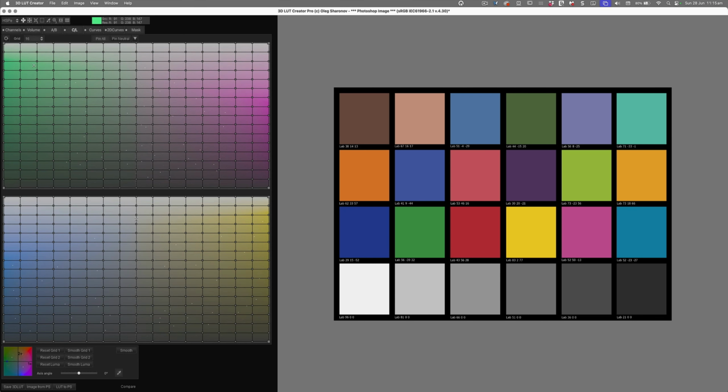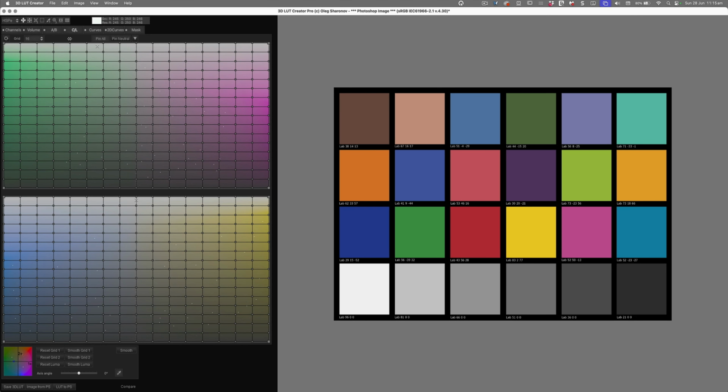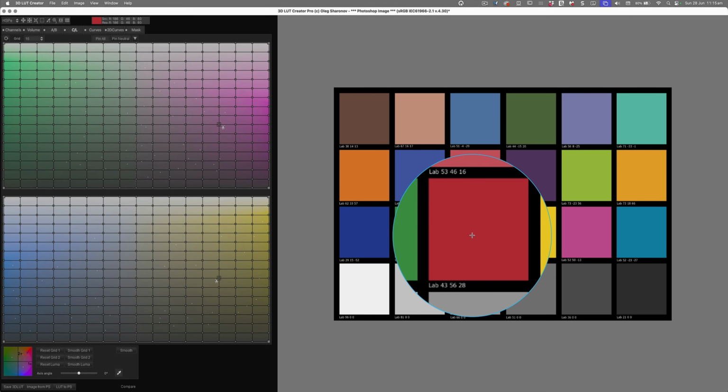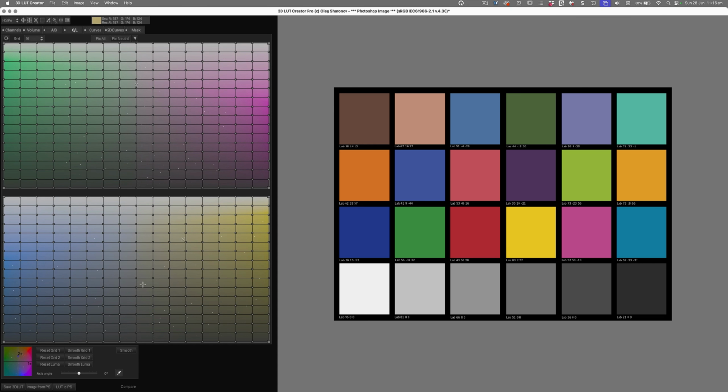Why don't we go to our CL grids? C for chroma, saturation, L for lightness. Remember, these are slices, and you can see this down in the bottom corner, the LAB A channel and LAB B channel in our color models. These are slices that map hue against saturation. Now, we have this ability to activate the eyedropper and locate specific colors on our grids. But that yellow node and this magenta node in the default slicing through our color space are equally activated, but